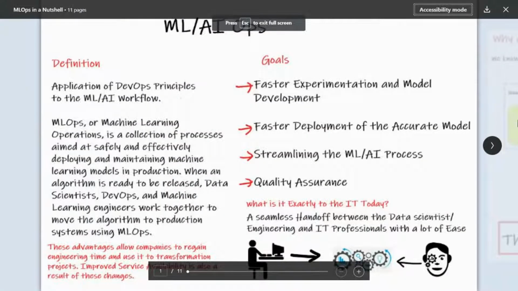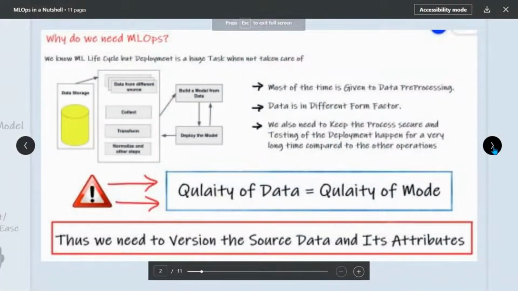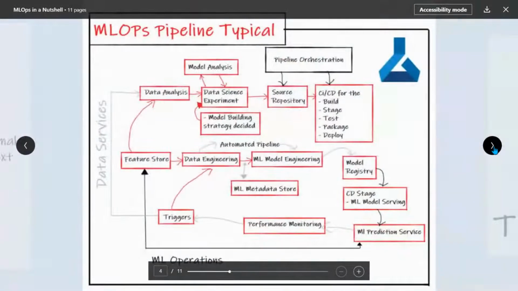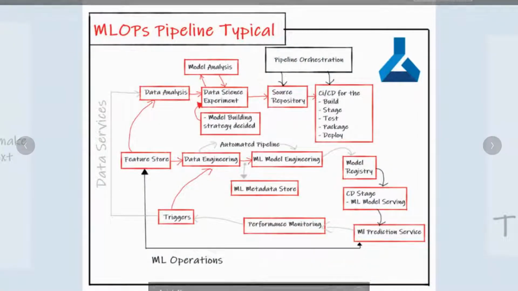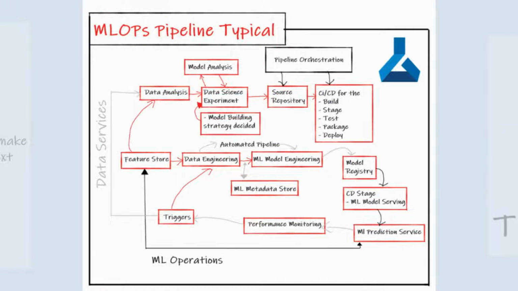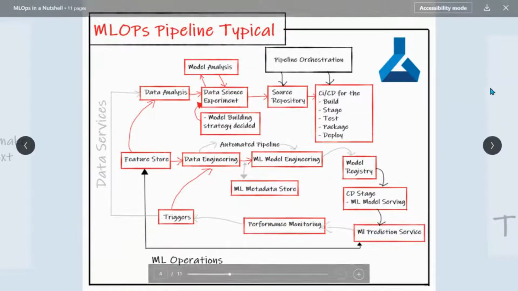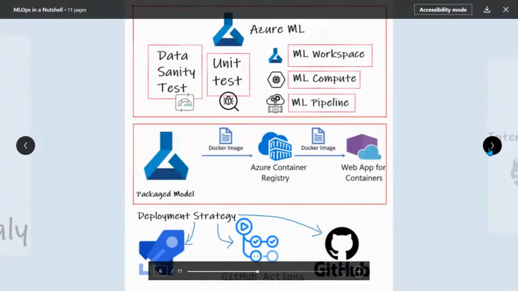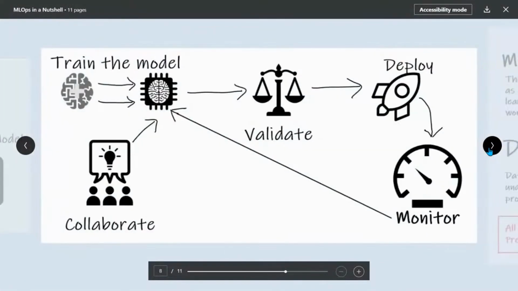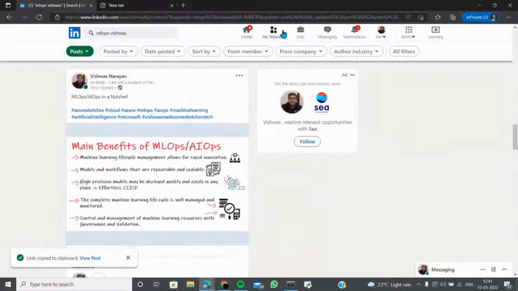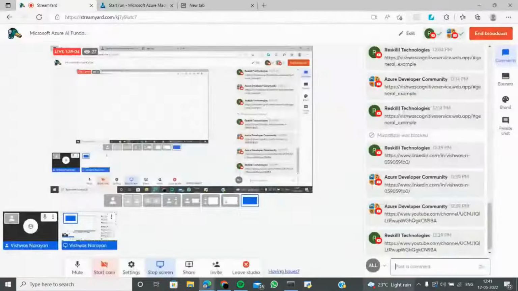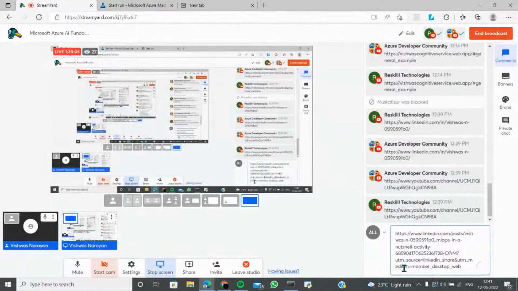What is ML Ops? What's the goal of it? This is where Azure infrastructure comes into the picture. It's all about training, and analytics can be done. It's all about that entire operations, and also about different kinds of deployment, different targets and everything. Model drift, data drift, everything can be considered.